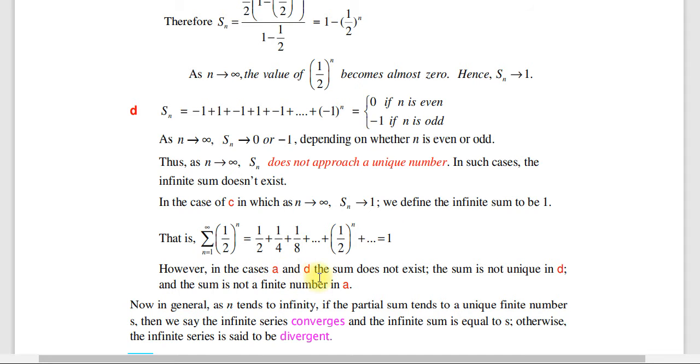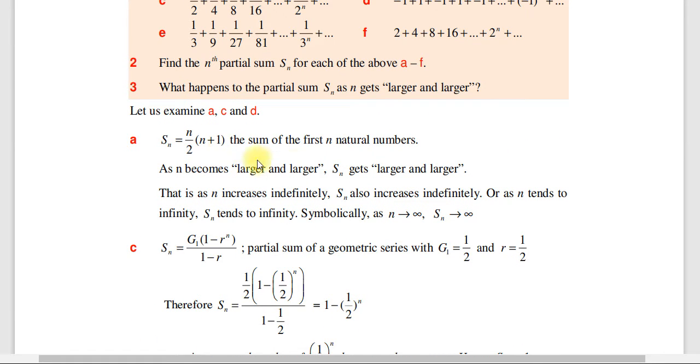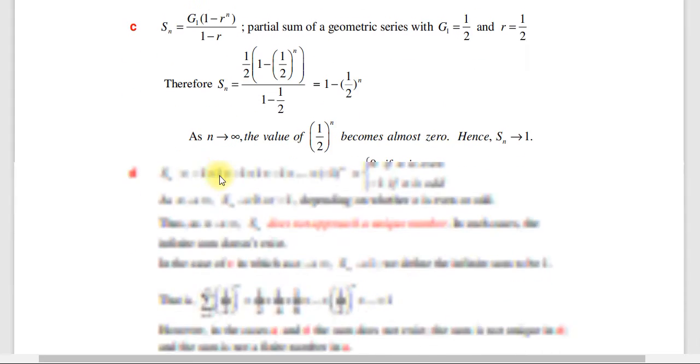In case of a and d ማለት ይሄ ነው። The sum does not exist. The sum is not unique በ d ላይ አሁን ዩኒክ አይደለም ሰሙ, and the sum is not a finite number በ a ላይ ያለው ፋይናይት አይደለም እዚህ ጋር ያለው።